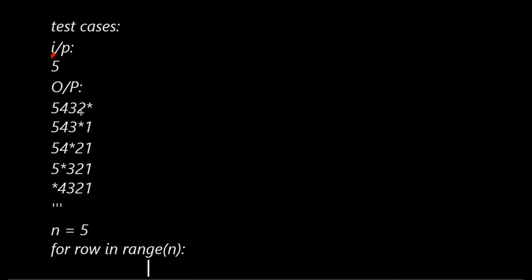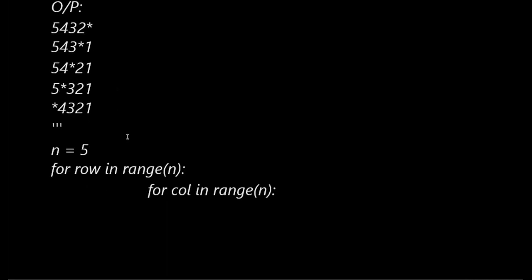So to iterate again in each row, 5 times, I need to use again a for loop to print each column in range of n, because to iterate over 5 times I need to iterate over n, because my n is 5, right? So okay, now